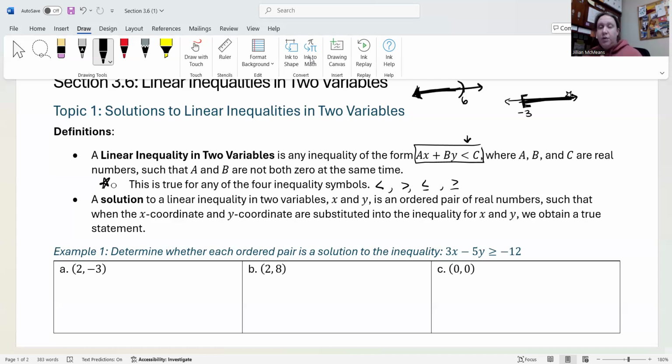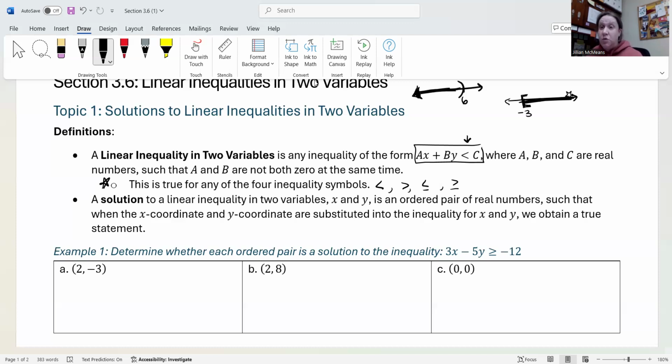We either include the points on the line or not, and then we include one of those half planes. So it's going to be this cool merging of these two things that we already know. But for now, we just want to know how to test a single ordered pair to see if it satisfies an inequality. Okay? So example one says determine whether each ordered pair is a solution to the inequality 3x minus